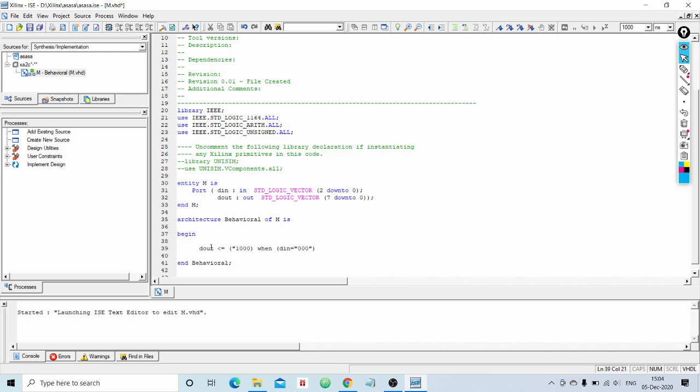So how many zeros? Totally how many bits? 1 2 3 4 5 6 7 8. Totally it should be of 8 bits. Why 8 output lines? We shall check once again. 1 2 3 4 5 6 7 8. Fine, right? Else